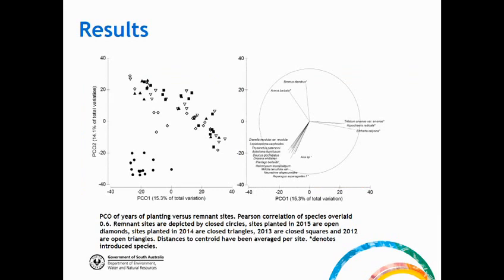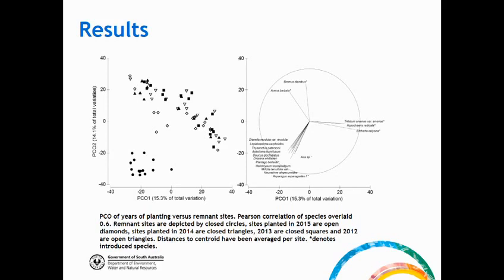So this is the overall species analysis that I did. I used principal coordinates analysis to have a look at the different vegetation communities and the different years of planting. This graph in particular is looking at the different vegetation communities over time. The open diamonds are 2015, and the other symbols represent the other years. So you can see that interestingly the most recently planted sites were the most similar to the remnant sites